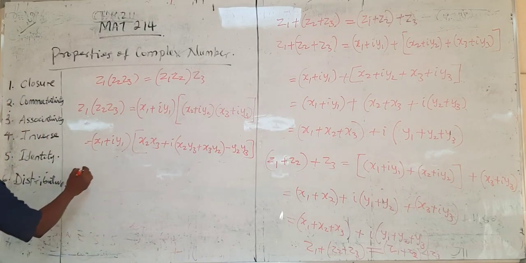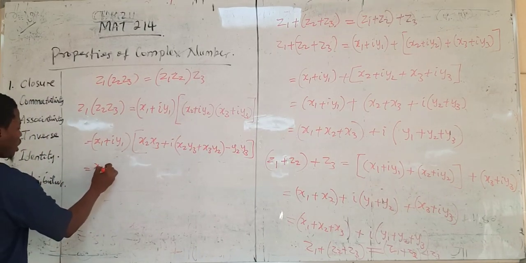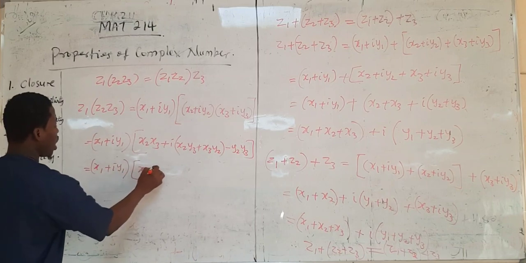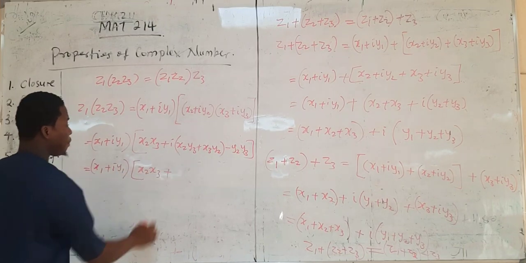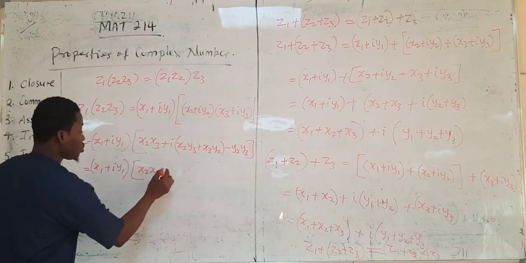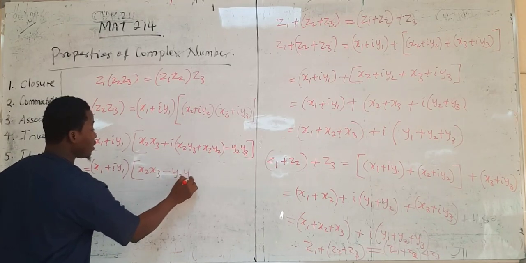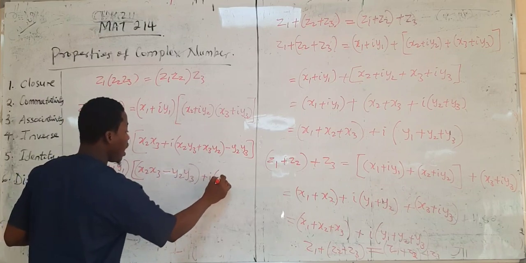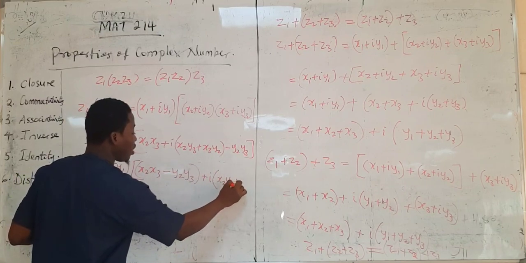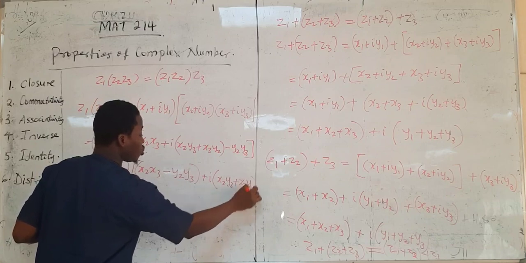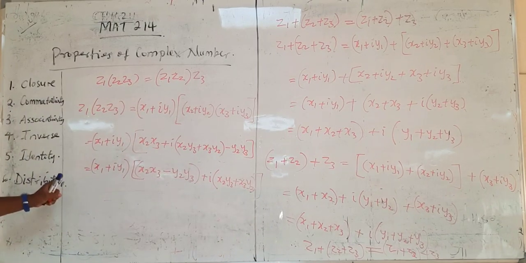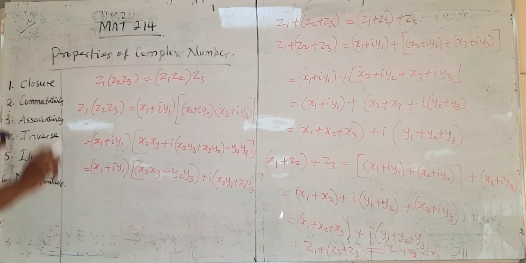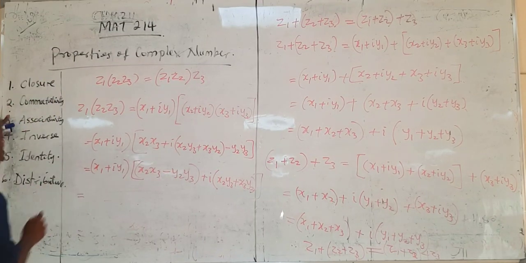So here we have x1 plus iy1, times x2, x3 minus y2, y3 plus i(x2, y3 plus x3, y2). So what we need to do now is to expand, as it is. So we have this is equal to